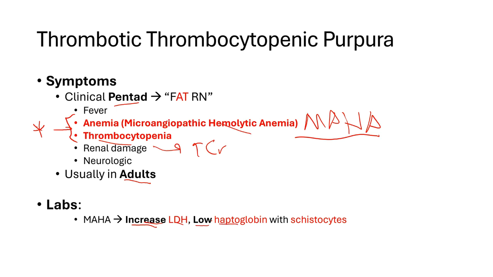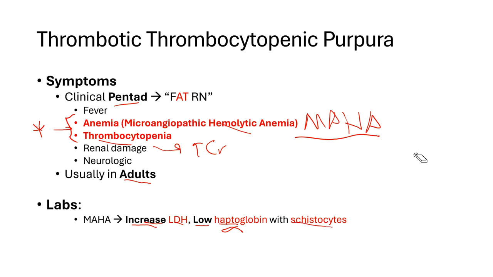Haptoglobin binds to free hemoglobin when it's released from destroyed red blood cells. In intravascular hemolysis, such as what we see in TTP, the free hemoglobin levels increase, which causes haptoglobin to bind to it. Thus, we expect to see a low haptoglobin. And you will also sometimes see schistocytes. Schistocytes, how I like to remember it,